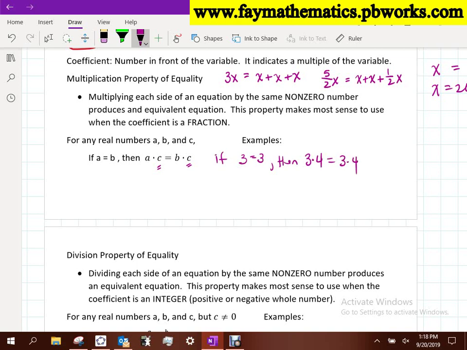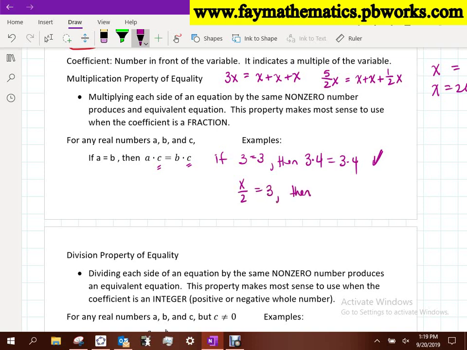Does that make sense? I think this is how every algebra class is taught. In my personal experience, sitting in the classroom as a high school student, you write 3 equals 3, and then write 3 times 4 equals 3 times 4, and I'm going to look at you like, well, yeah, you idiot. That makes sense. But the reason we talk about it that way is so that when you realize what you're allowed to do here, it tells me then, when I have x over 2 is equal to 3,